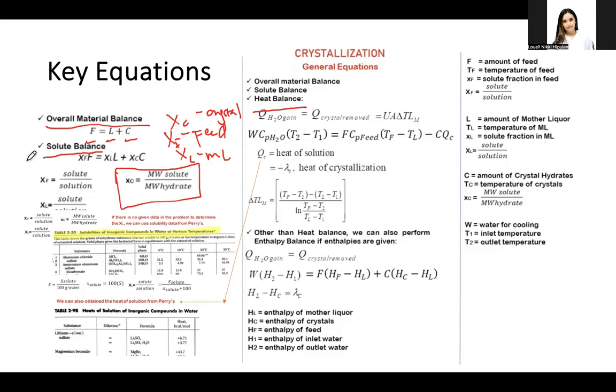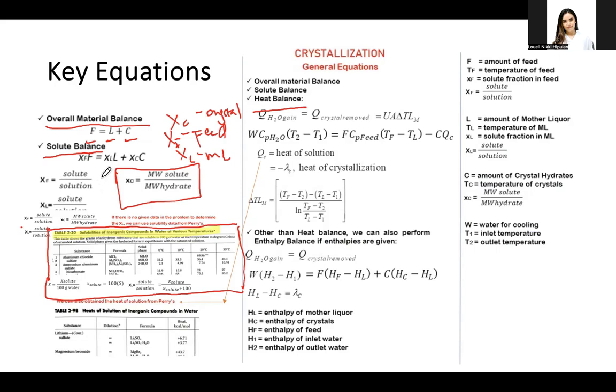So here, in the 9th edition, you have this in your Table 2-20. Now, how to use solubility data. In the table on the left, it shows the solubilities of inorganic compounds at different temperatures. You can use this to determine how much solute remains dissolved in the solution at a given temperature. Now, don't use it